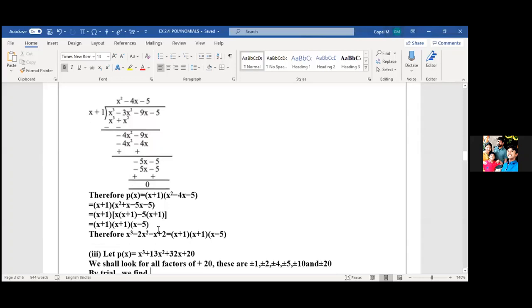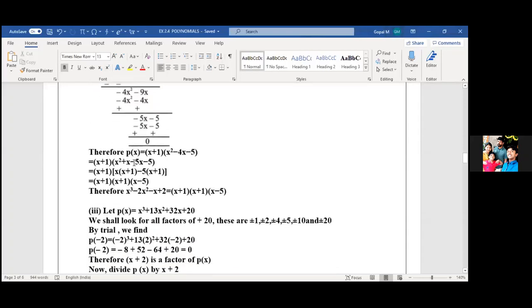Ma'am, factors of minus 4 and minus 1. 5. Yes. No, 5 ones are 5, you take. I want to get minus 4 in this middle term. Take 5 ones are 5. Minus 5 plus 1, or plus 1 minus 5. Both are same. Am I clear? So if I take x common, x plus 1 will remain. If I take minus 5 common, x plus 1 will remain. So the factors are x plus 1 into x minus 5. So this is another method to get the factors.